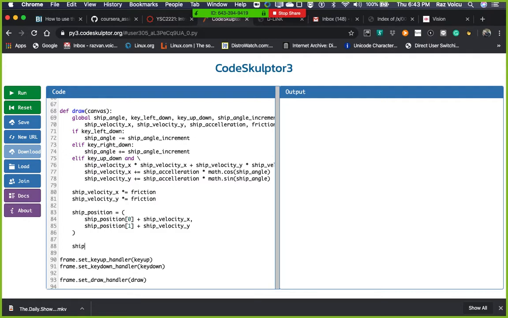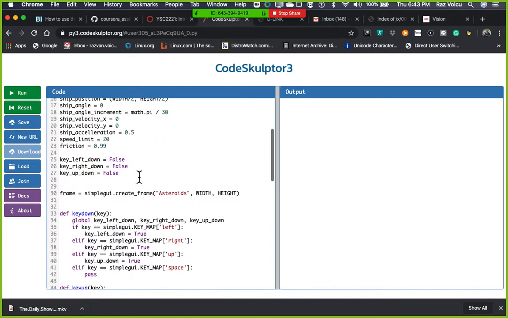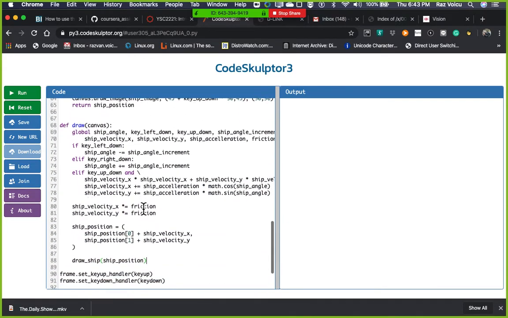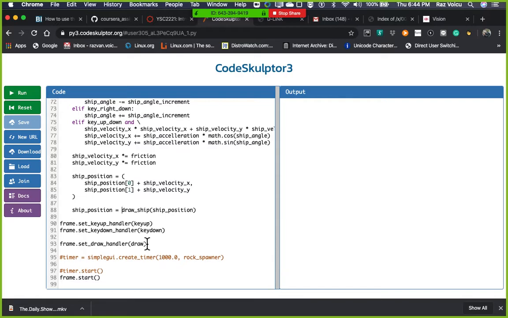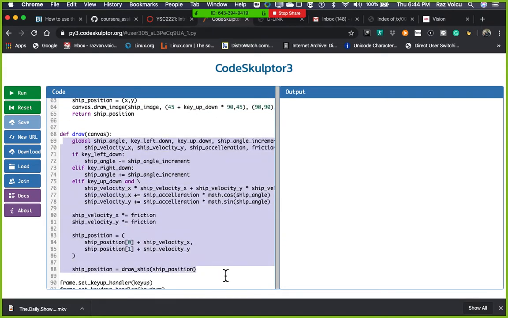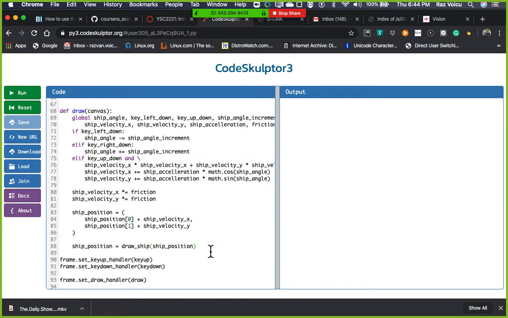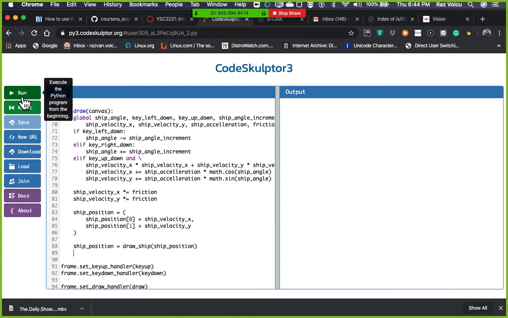Do we need the ship position further? Probably not. Yes, we need that because the ship position is actually global right here. So we're going to say ship position is assigned draw ship of ship position, right? So this cleans up the code a little bit and makes this draw function more compact and leaves some space for some other drawings that we may want to do. Let's run again and make sure that we haven't